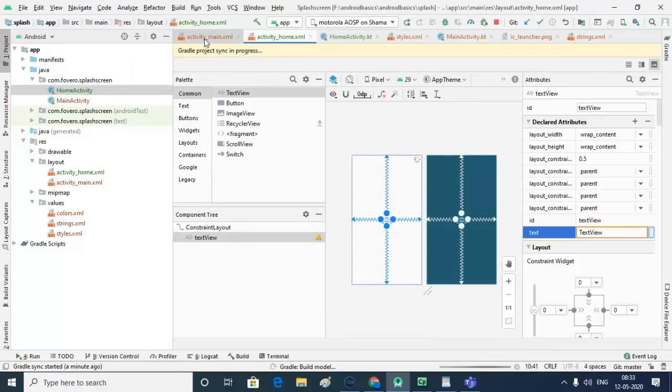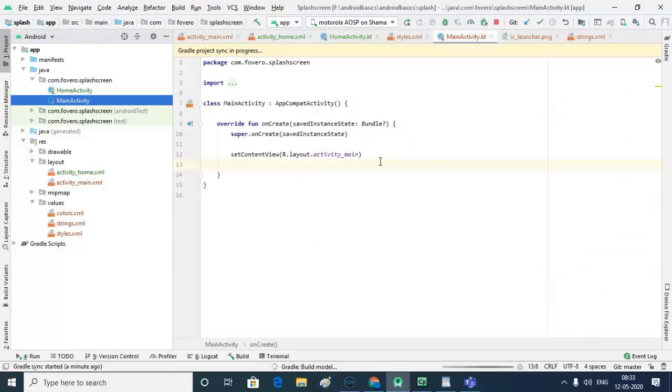Now it's time to write some code, so that our splash screen is seen in full screen mode, as well as after some delay it will move to our home activity. So here, to set our activity or screen in full screen mode, we need to set a flag for our window, as well as hide the action bar.